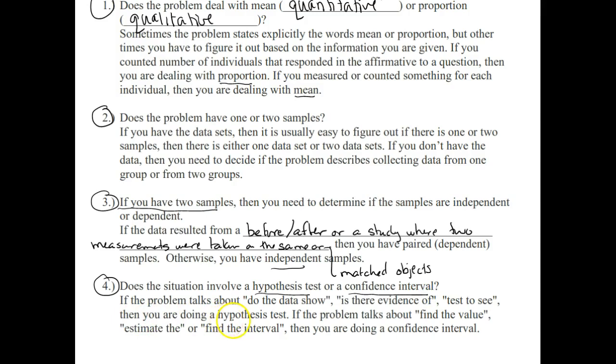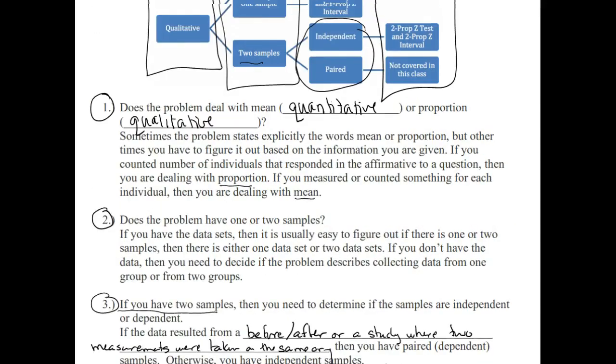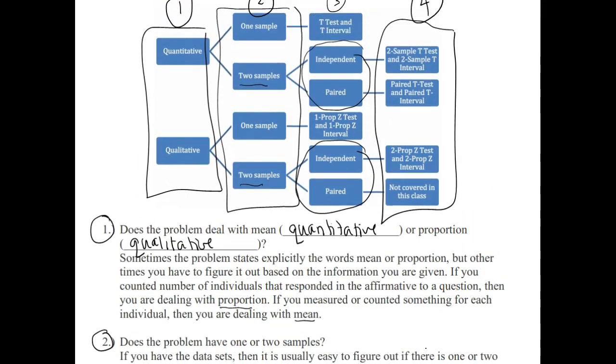If the problem talks about do the data show, or is there evidence of, or test to see, then you're doing a hypothesis test. But if the problem talks about find the value of, or estimate the value of, or find an interval, or specifically mentions confidence interval, then you're going to perform the confidence interval. And on a given problem, there have been several cases as we've worked through examples where we've run a two-sample t-test, and then we've turned around and also did the two-sample